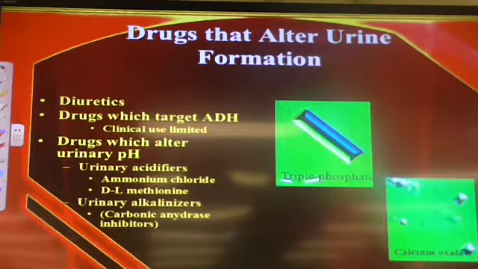And so D-L-methionine and ammonium chloride are the most common ones that you see. You're much better off trying to do this with dietary management because these will not work long. There are some alkalinizers, and there are some drugs that we use for specific stones, like potassium citrate for oxalate stones, but those are not that commonly used. I'm not going to talk about them in this class, but they are a group of drugs that you'll probably talk about when you get to your urinary classes and you talk about stone formation.